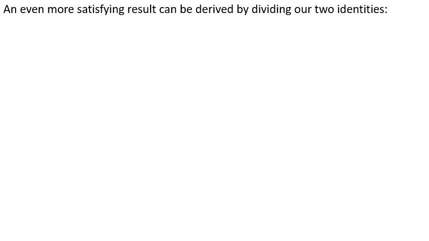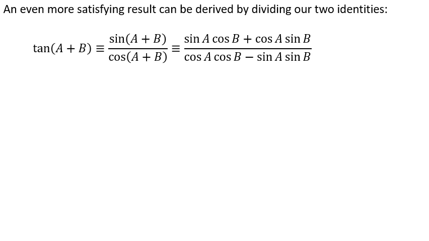So we've seen sine, we've seen cos, we've got pluses, we've got minuses, we haven't yet got a tan. That's the next thing to look for. But we know that tan theta is just defined as sine theta over cos theta. We can construct our formula by taking the sine A plus B formula and the cos A plus B formula